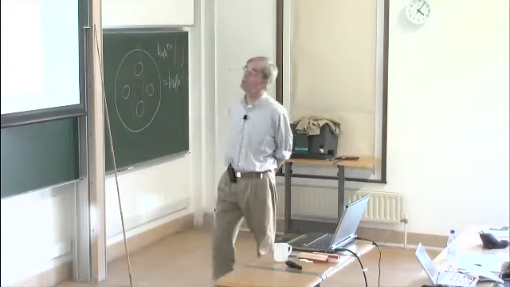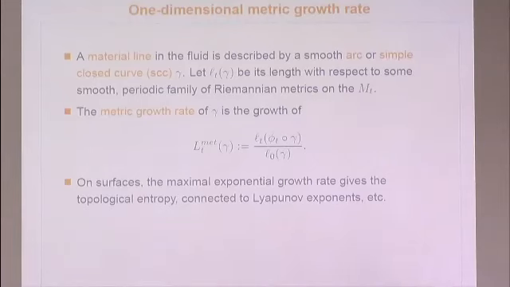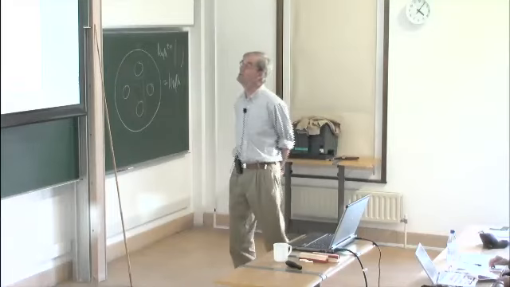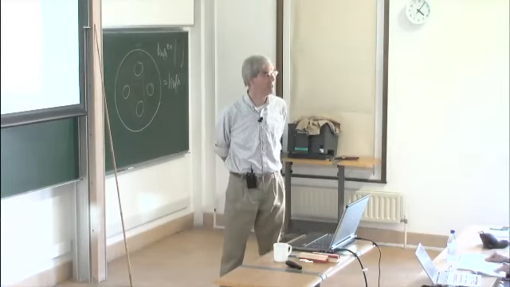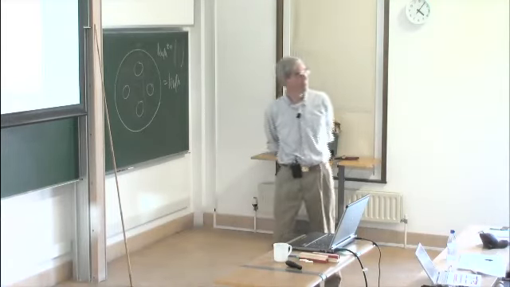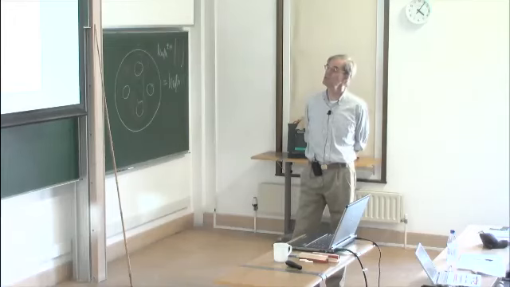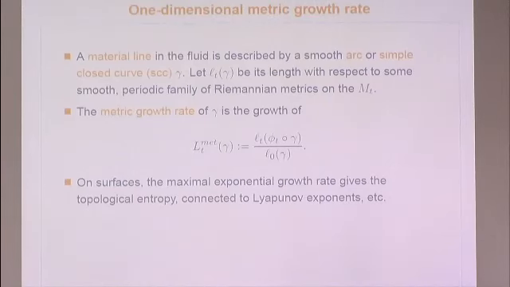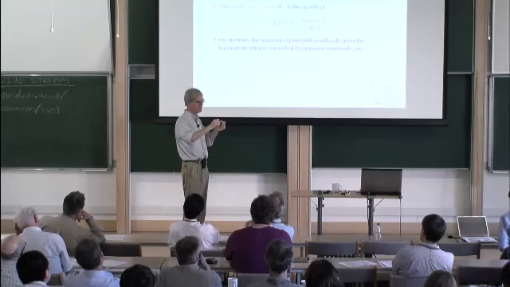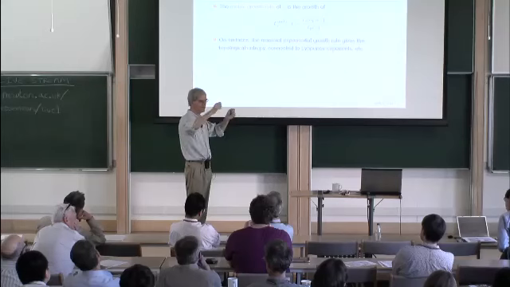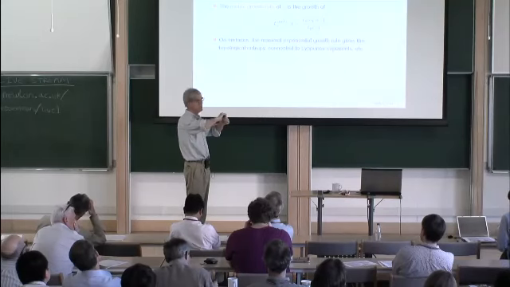So I'm going to describe a material line in the fluid just by an arc or a simple closed curve. So it's just an arc in the fluid. And I'm going to compute its length, as I told you already. So formally, we need a Riemannian metric to do this. They change with the region. And then the metric growth rate is just the rate at which this particular material line is growing in length. So it simply means we take the material curve, we passively advect it for a while under this fluid motion,